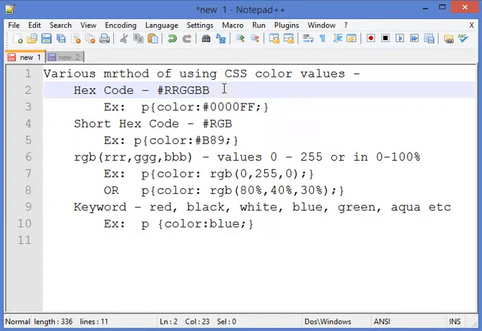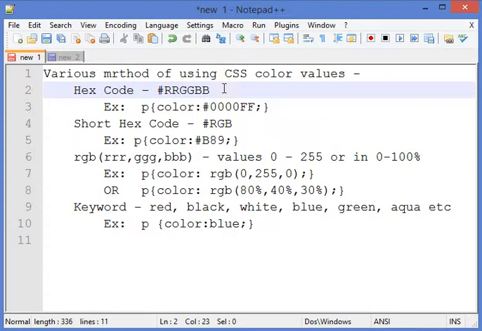Similarly, the hexadecimal is a combination of 0 to F: 0 1 2 3 4 5 6 7 8 9, and then A B C D E F. So this is how we can represent the hexadecimal values.